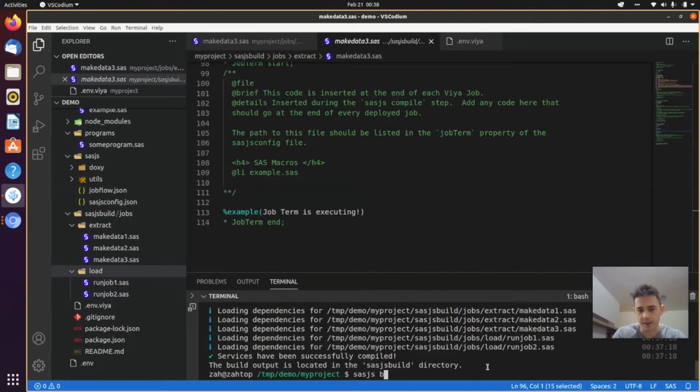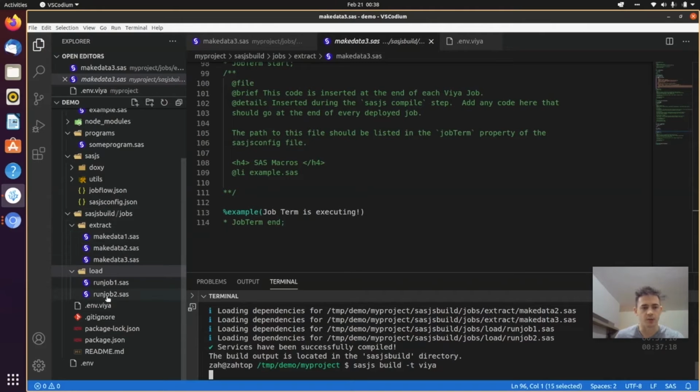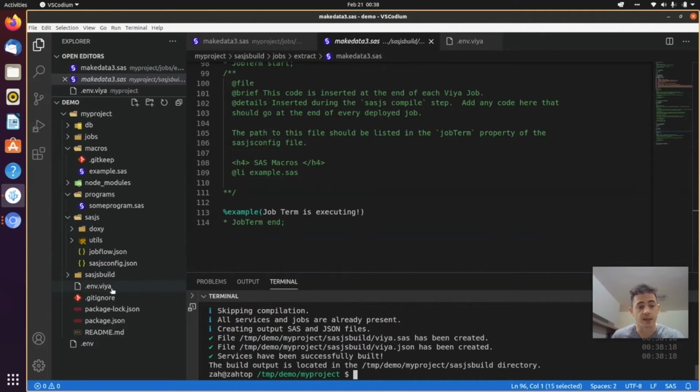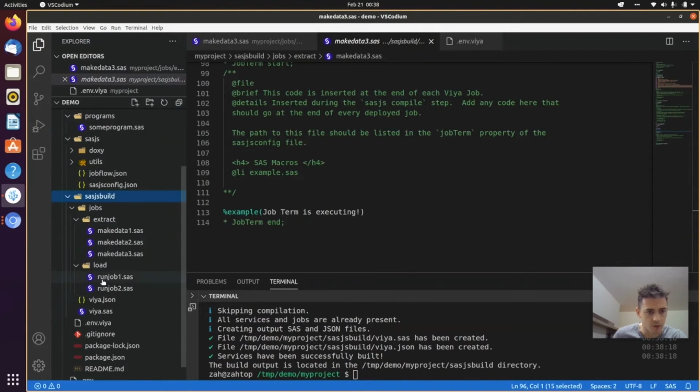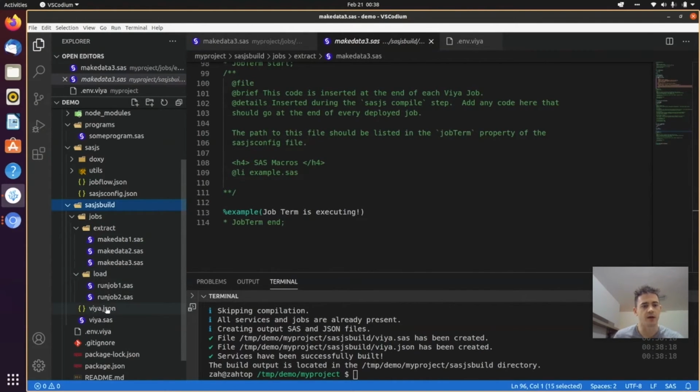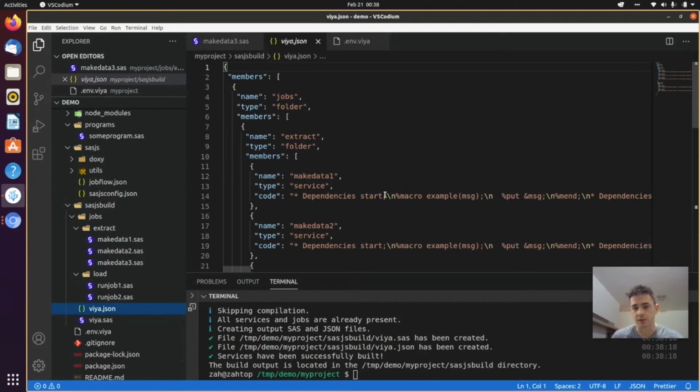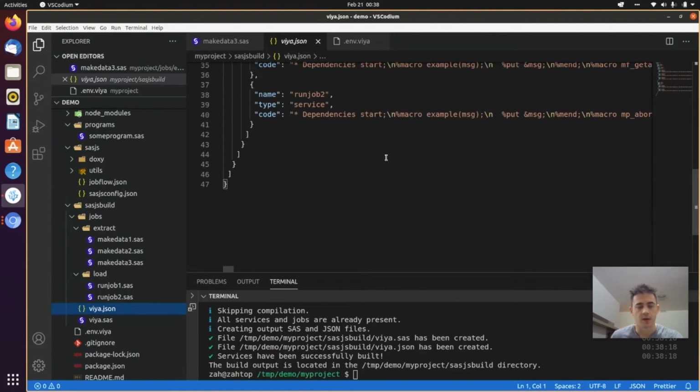So the next step then is a Sass.js build. What that does is take those 5 programs, but it could be 50 or 500, and concatenate them all into a single build file called the name of the target.json. This is a JSON file that contains all the jobs.